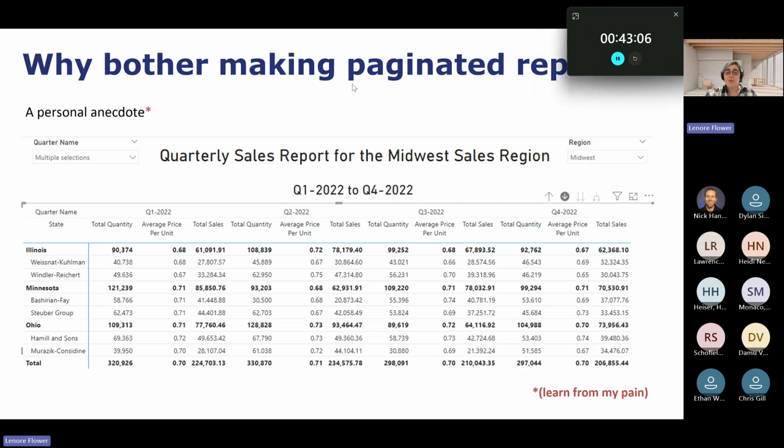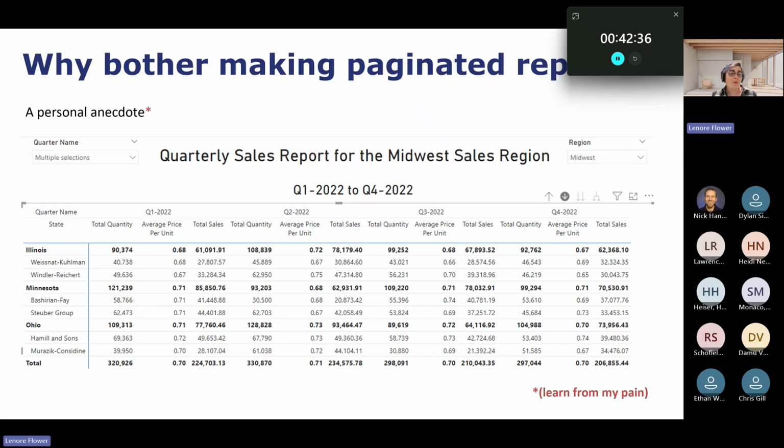The answer is pretty simple. Sometimes you need things to print or PDF, and Power BI Desktop isn't very good at it. And to demonstrate this, I would like to briefly share with you the horror story I have from about 2018, where I had put together a report pretty similar to this one for a company that I was working for. I wasn't even on the business intelligence side. I was working in finance, and they had told me they would never need it to be printed off. So I'd been very happily putting it together. I was very proud of this report.